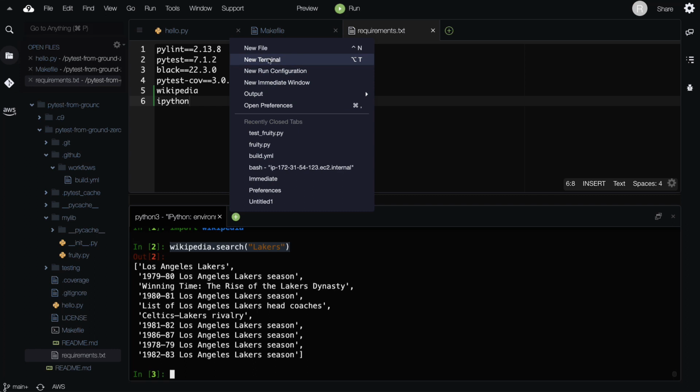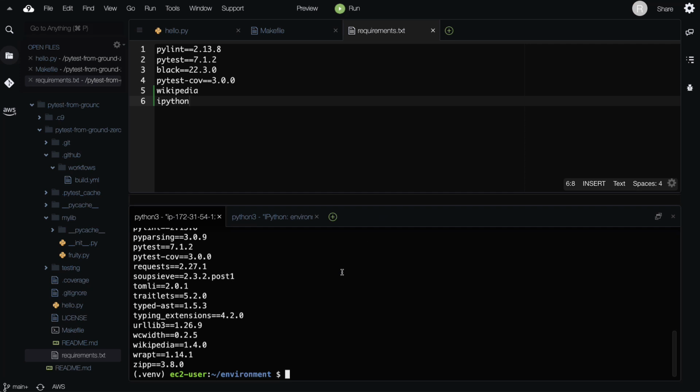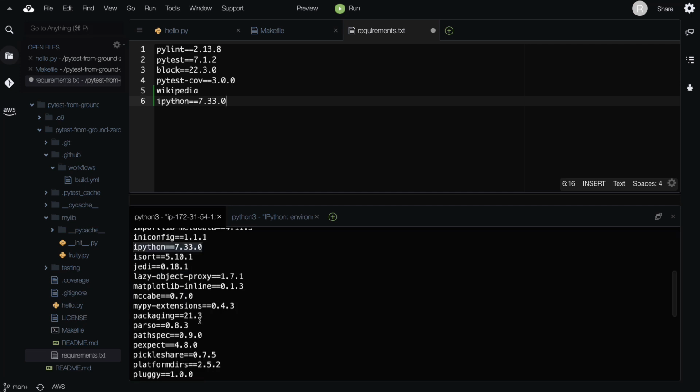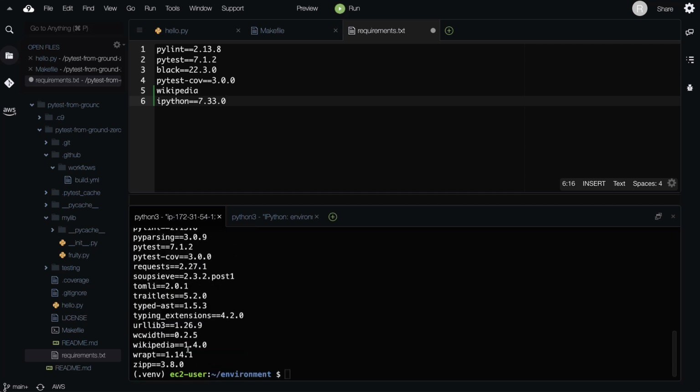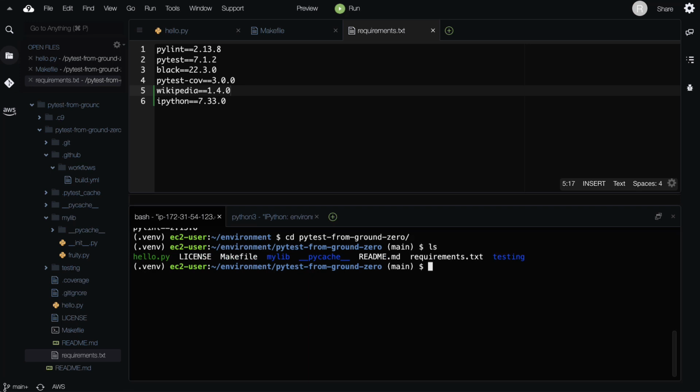Maybe I'll make another terminal too, so that I can toggle back and forth. And then if I do a pip freeze, let's go ahead and get the exact versions here of our code. So let's put in the IPython right here. Let's grab the Wikipedia, and let's grab that so that we're keeping the versions that we've tested. And then let's make a new library code, right? So basically, if I cd into Pytest from ground zero,